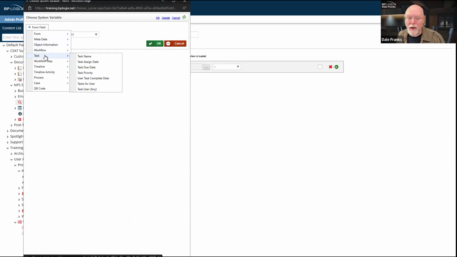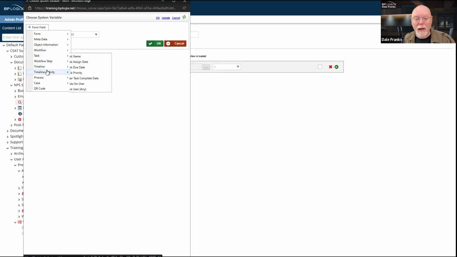So in the context of a knowledge view, finally, I've got both task and process. So as you can see, tasks have their own priority and their own due dates, their complete date, and the users that are assigned to that task. I can get slightly different information from a task than I get from a timeline activity.